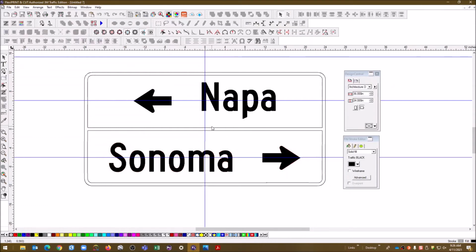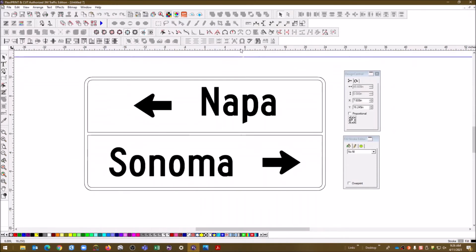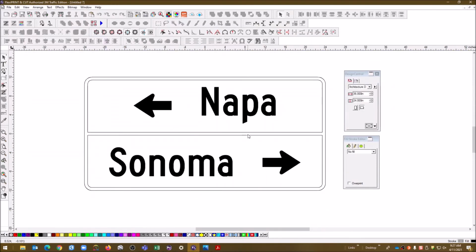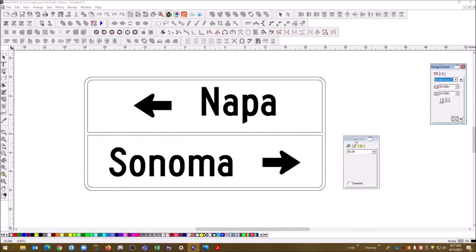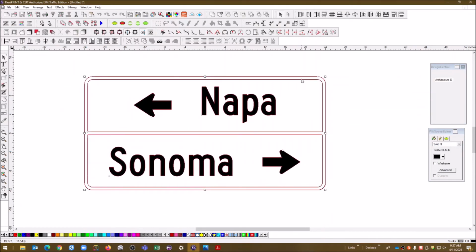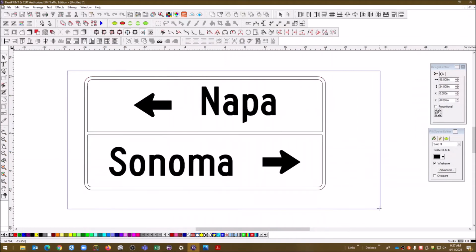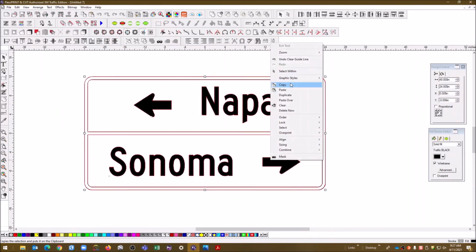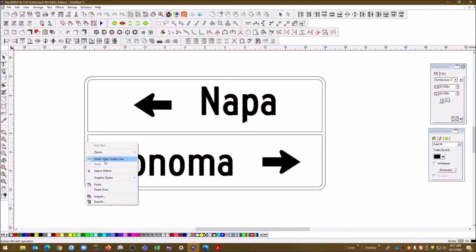Okay, so there's that. Let's get rid of these grid lines right now. They really drive me up the wall when I see too many of those. You can take them and snap them and move them, but I always end up moving something that I don't want to. So there we go. So I'm going to move these out of the way. Now we're kind of done with these. Now, not really done, but what I'm going to do is I'm just going to select everything. Select everything. There we go. And I'm going to copy and I'm going to paste down here